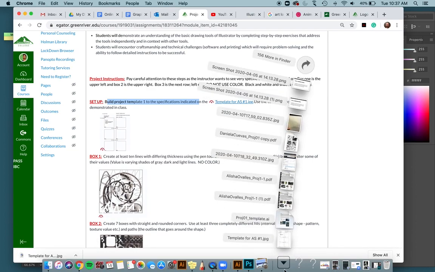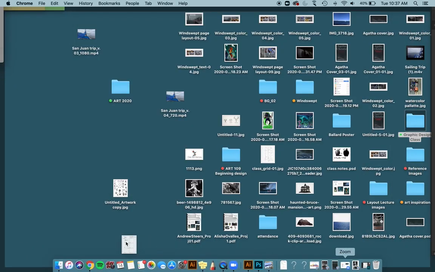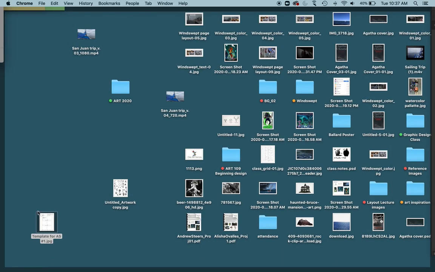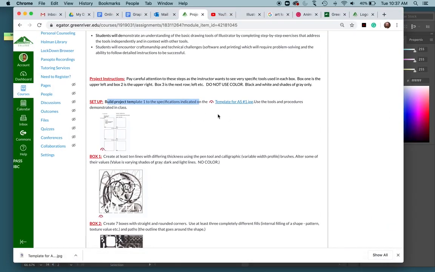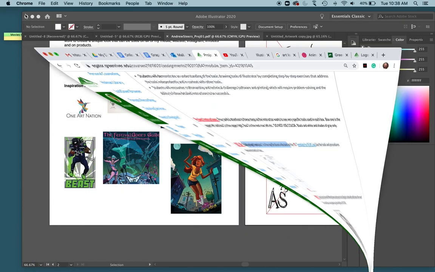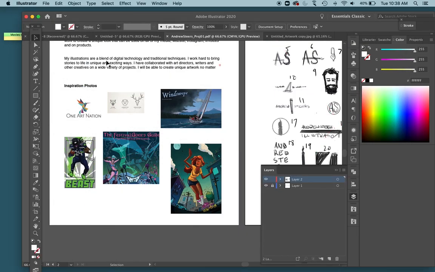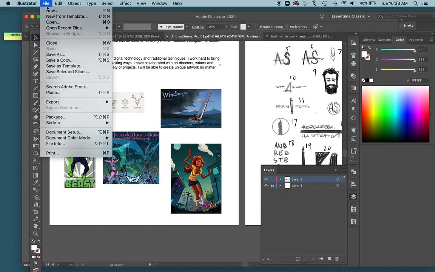It pops up down here, and I'm just going to drag this to my desktop. It might download to a downloads folder if you're on Windows, but either way, just locate where this file is. I'm then going to go to Illustrator. I have a couple projects open, but I want to make a new one. So I'm going to go File, New,